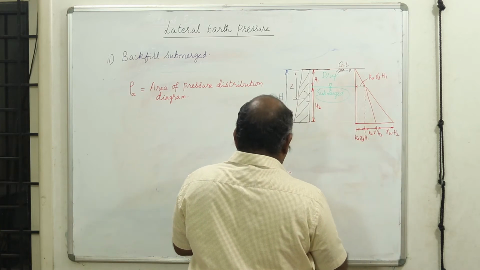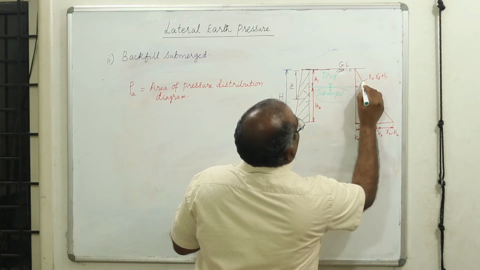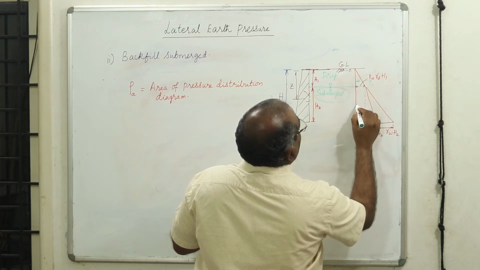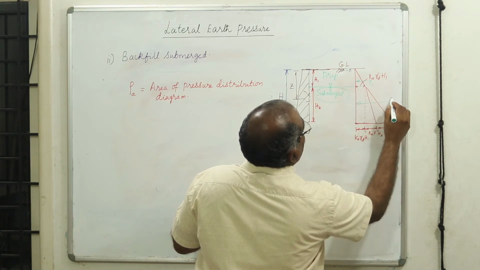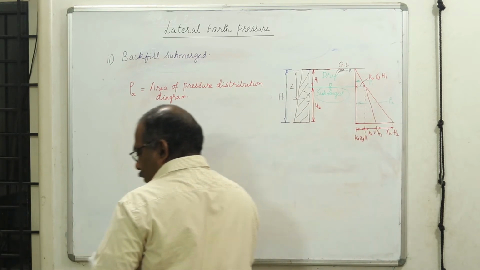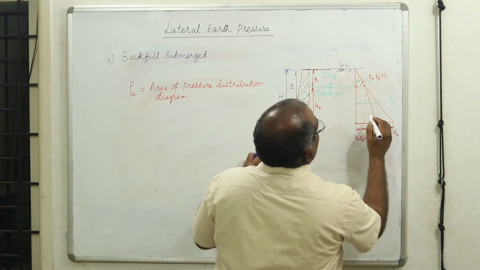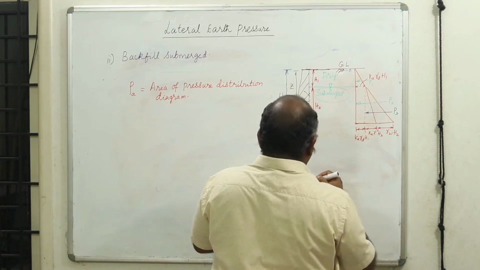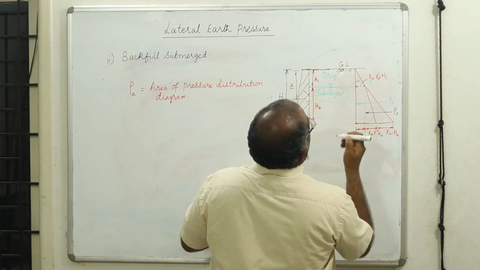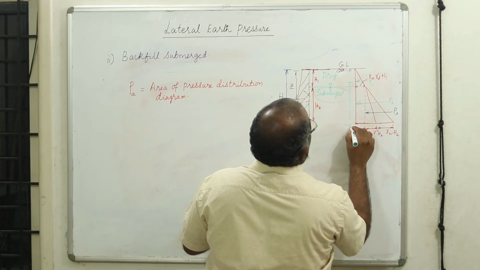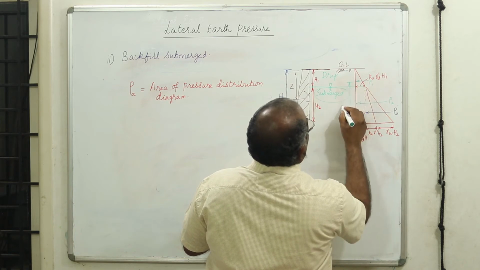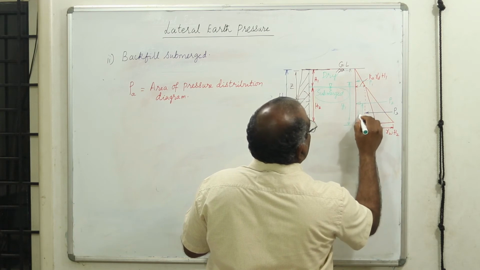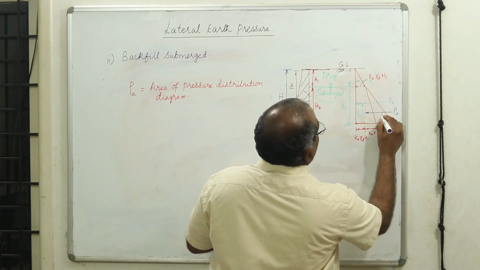The total thrust will be, now we will have one, say we will call this as P1, this will be acting at the middle P2. Then we'll have one more pressure because of this, P3. Now we'll have to find out what are these. Now this will be acting at Y1 from the base. Always we reckon from the base. This is Y2 from the base and this is Y3 from the base.